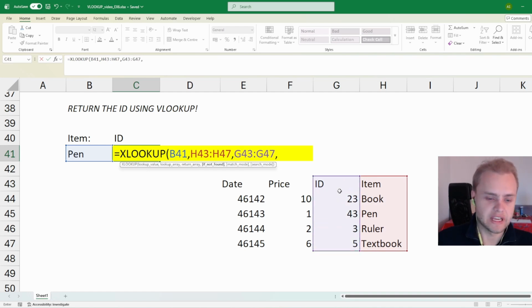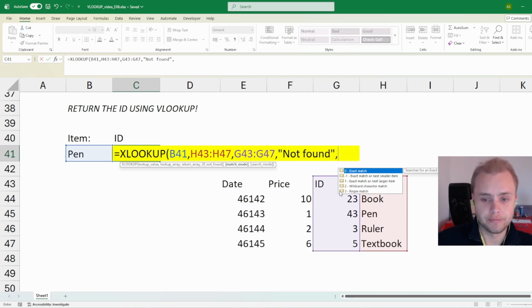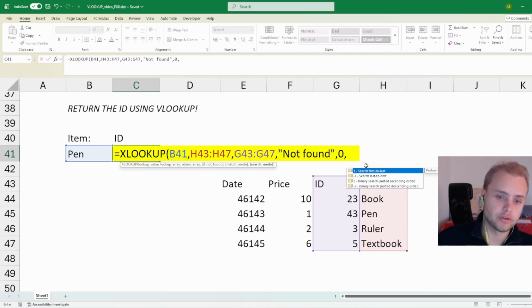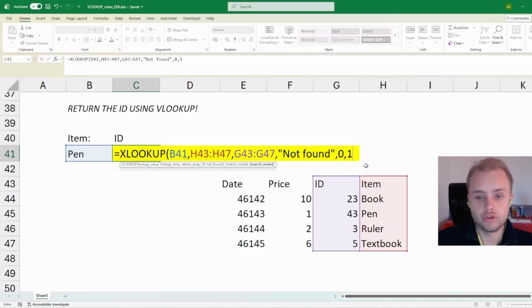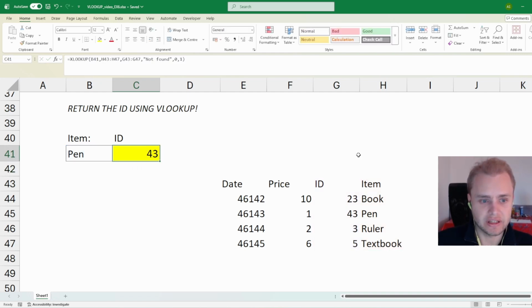Okay, and now we have some extra arguments we can fill out, which are optional. If we don't find a match, we can type not found. Match mode, we want an exact match. And then if there's multiple values, we can have different search modes, basically. We're gonna use this one. You don't need to fill this out, it doesn't really matter, we can just remove this and it will be the same. Okay, so let's close the parentheses here. And we get an ID of 43, which is correct. Right, book, we can have textbook,